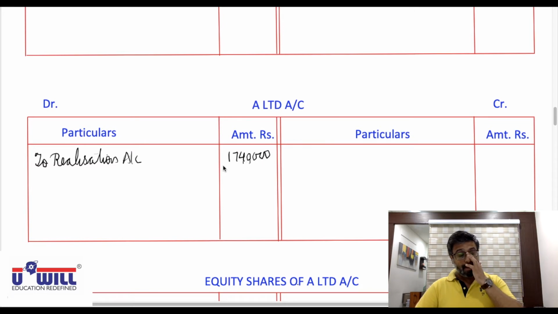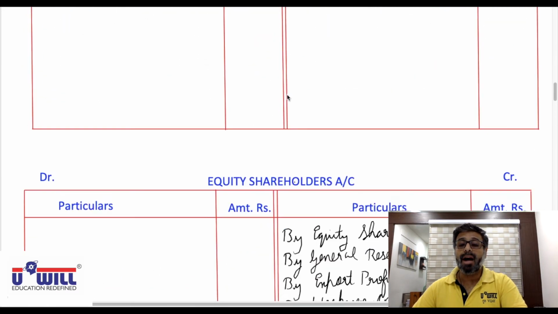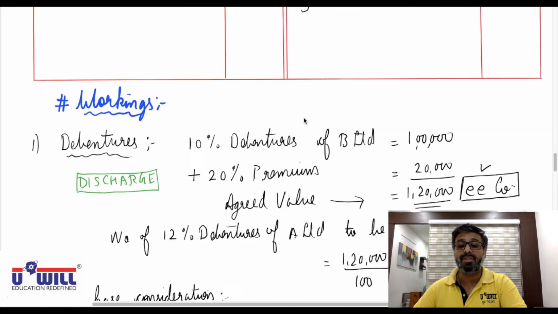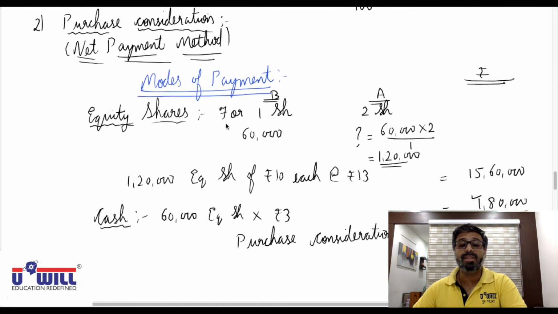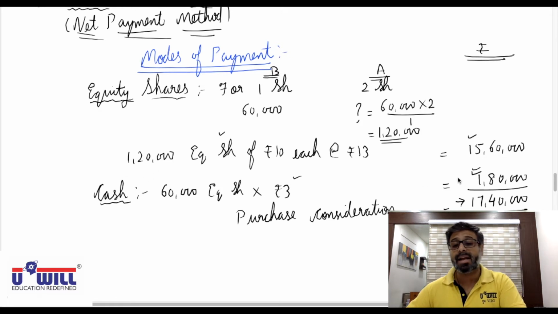Then after purchase consideration due, purchase consideration received. Now how is this 17,40,000 received? Look at the workings. Equity shares of 15,60,000 and cash of 1,80,000. So equity shares come in, debit what comes in? Equity shares of A limited account debit 15,60,000. Cash comes in, debit what comes in? Cash in bank account debit 1,80,000. A limited is the giver, credit the giver, to A limited account